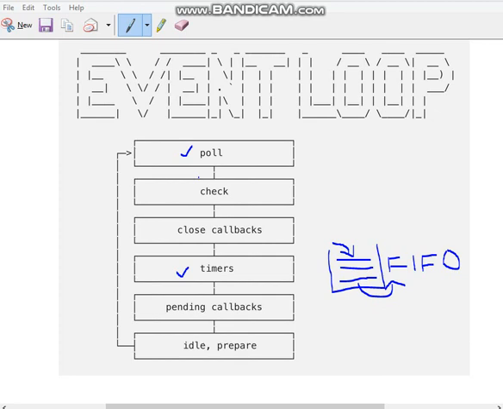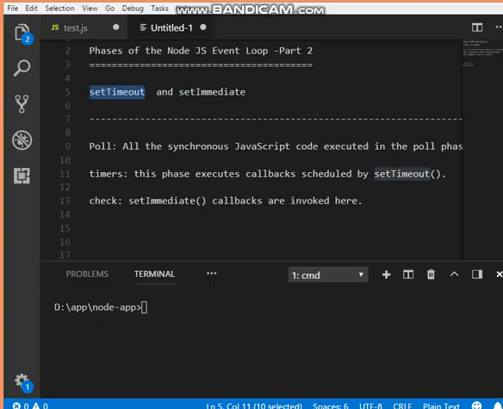Hello everyone, welcome back. So in the last video we have seen the poll and timer phase of the event loop. As you know, the poll phase executes all the synchronous code of JavaScript, and the timer phase executes the callback registered by set timeout function. So about set timeout,